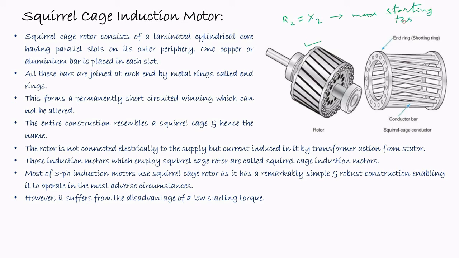But in general, the value of rotor winding resistance is much smaller than the rotor winding reactance. Therefore, sometimes in other types of induction motor, some resistances are externally connected to the rotor circuit to get the maximum starting torque. And once the motor starts to operate, then these external resistances are disconnected from the circuit. But this is not possible in case of squirrel cage induction motor. That's why the starting torque of the squirrel cage induction motor is very low.